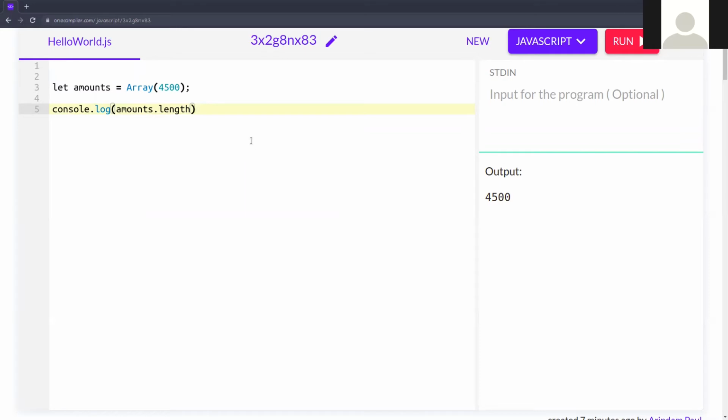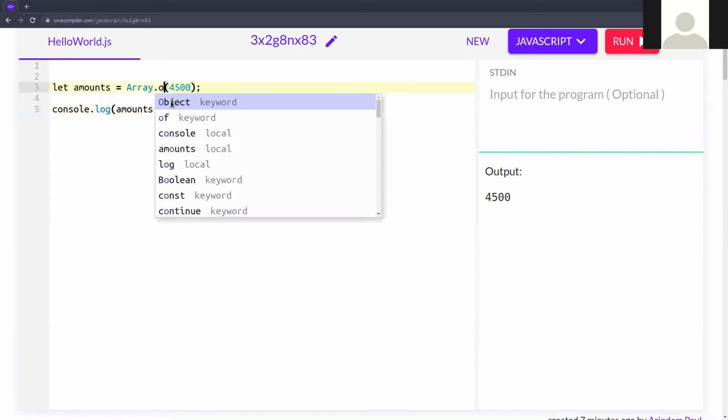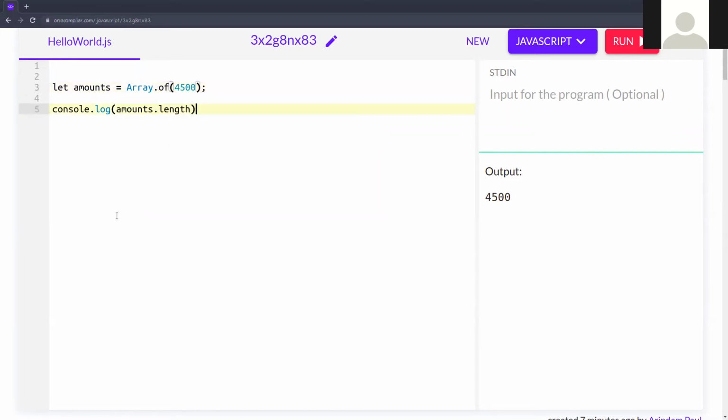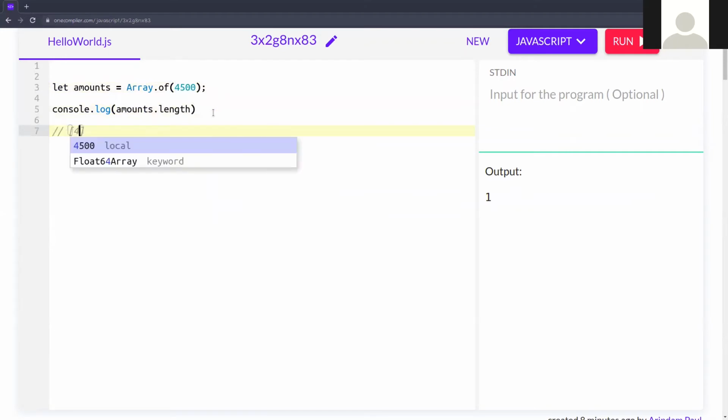That is Array.of. So if I add Array dot of, and now let's try. Now you can see the output is 1. That means this array constructor is creating one array, and this is the value. So now it is actually creating this type of array, 4500 only.